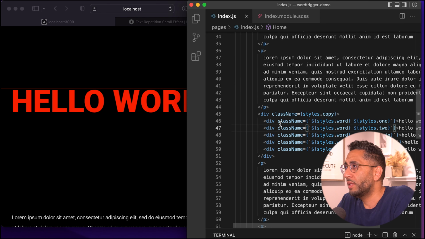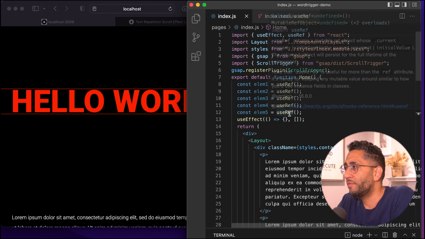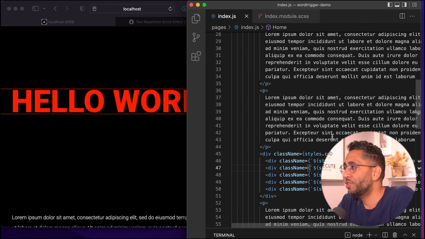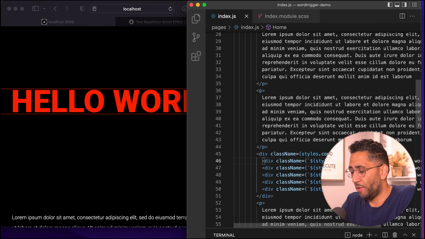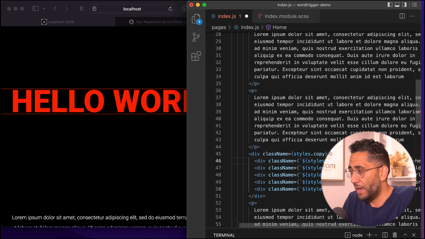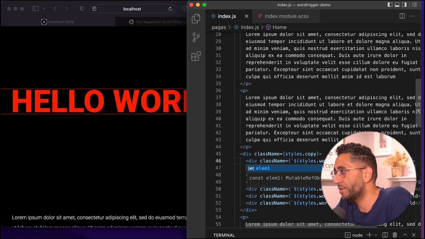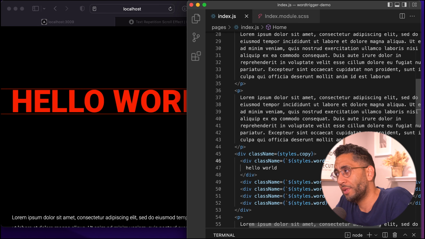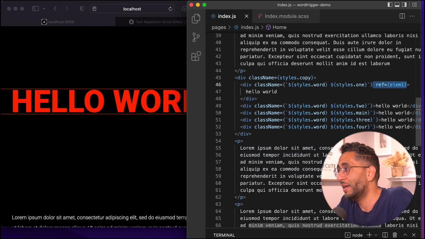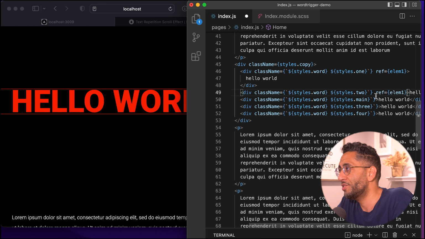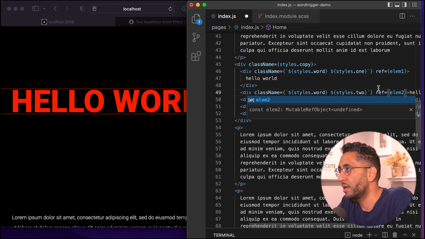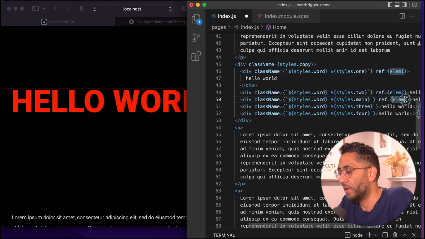All right, so we have our function. Now let's just create the elements. Let's just add the refs. So ref equals lm1, and I'm just going to do this on all of them. So a lot of copy and pasting here. I don't like to ever rewrite stuff. I kind of just copy and then change what it is. Copy and change what it is. So element 3, 4,